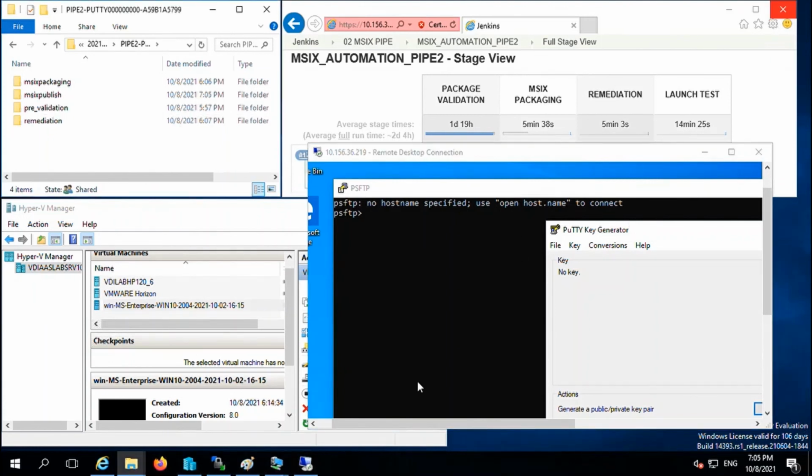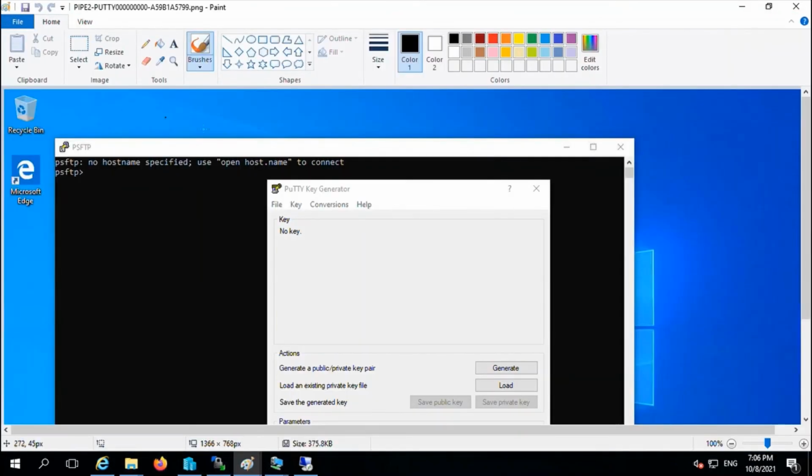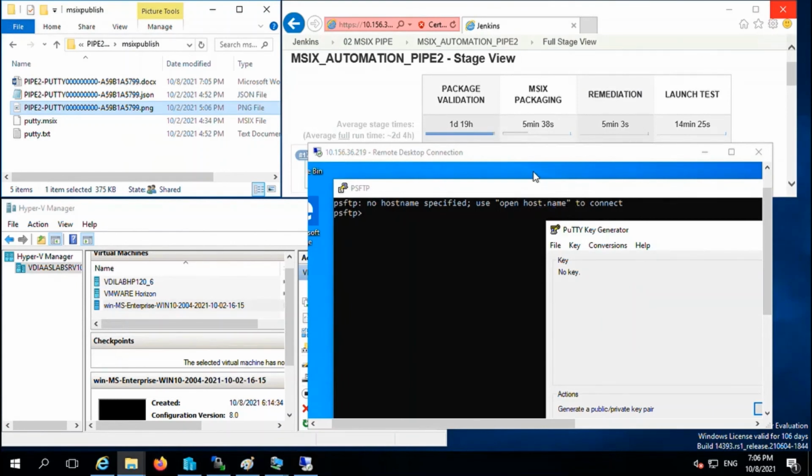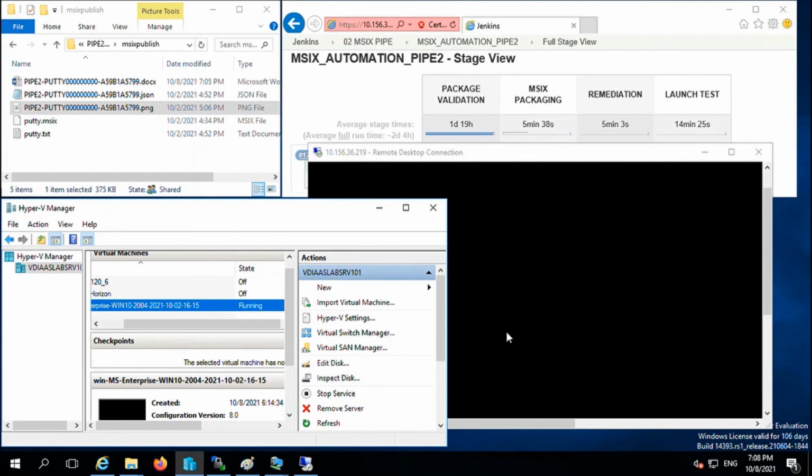Once the launch test is completed, the output will be available in the shared location along with the screenshot showing whether it is launched or not. We can see the screenshot over here. The last pipe will turn off the VM and remove the instance from the hypervisor.